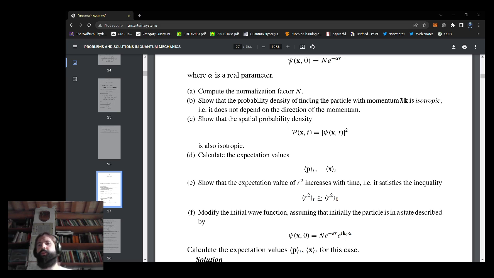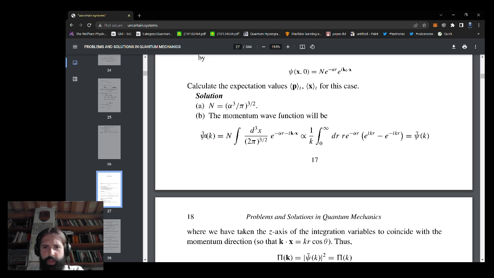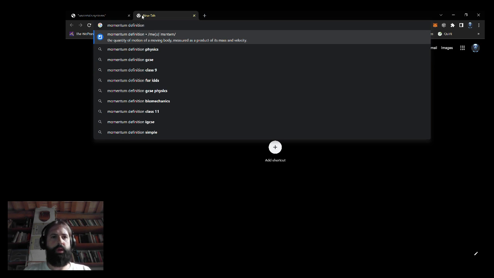First, I need to find a way to convert that to the momentum stuff. Here they do something like that, which is weird. This is something that I really don't understand, but they seem to just be translating something here. They just seem to add this n of, and it almost feels like a kind of multiplication, which if we think classically, about the momentum definition,